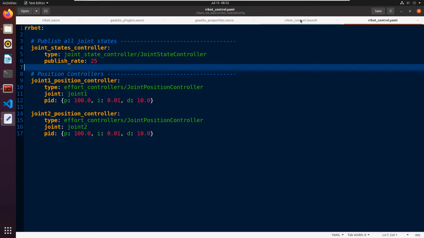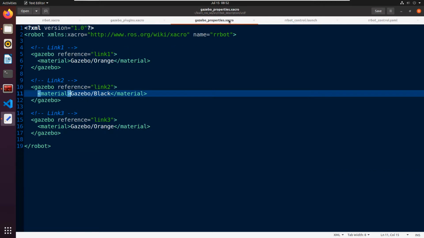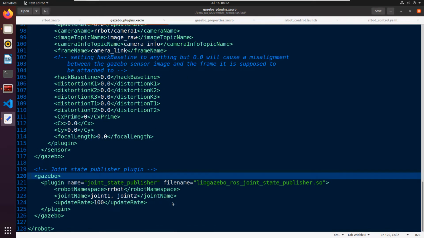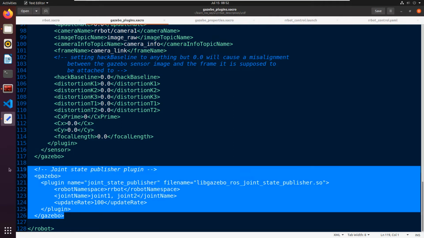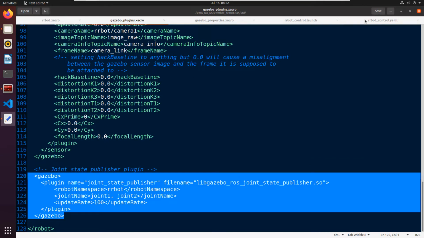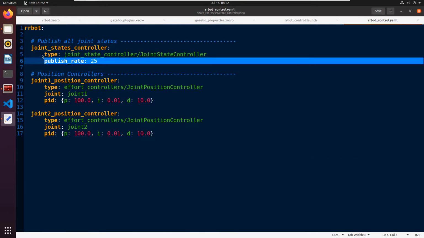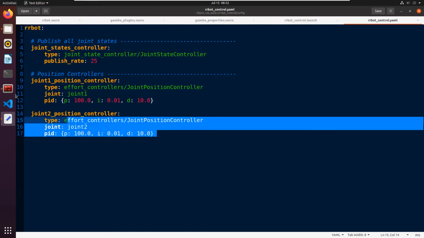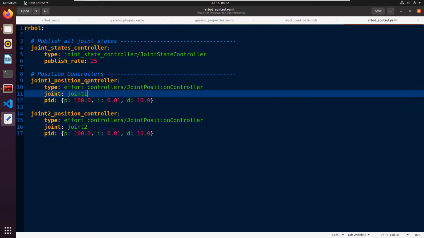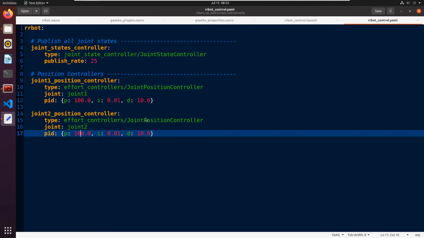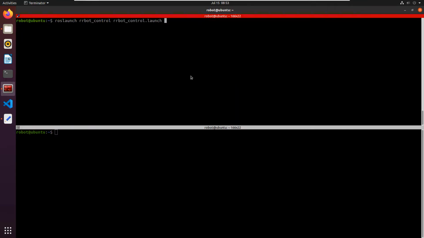Okay, the joint state is already being published by this plugin, so I think you don't require this. These two things you can see there, we are configuring joint 1 and joint 2 as effort controller, joint position controller. And then what we will get is, if you start the simulation,